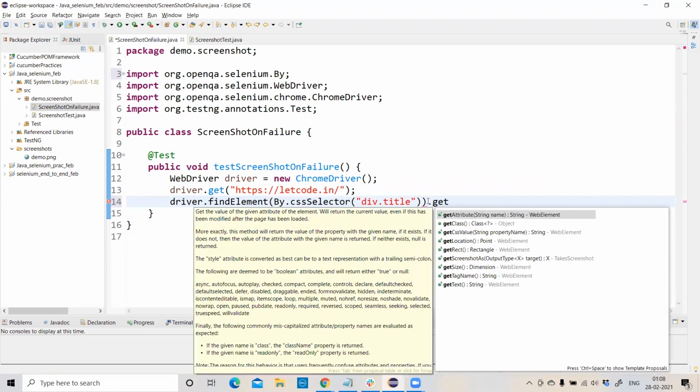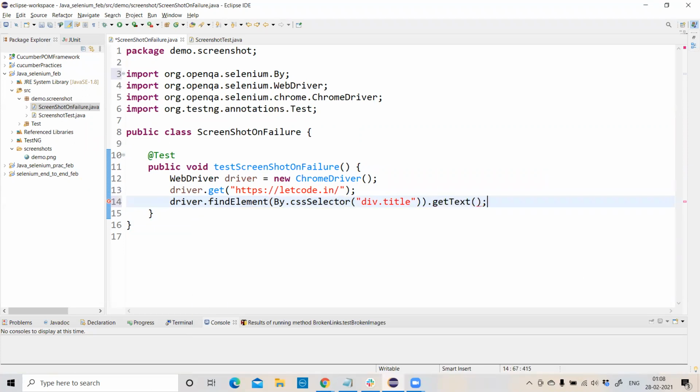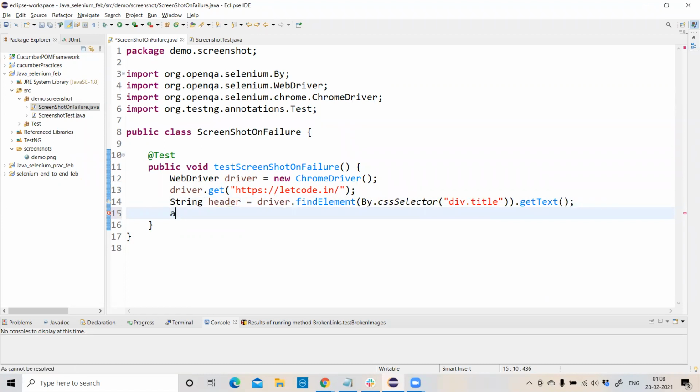Just get the text from this element and store it in a String called header. Now let us write an assertion to validate this header part.